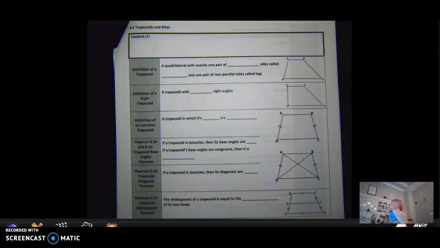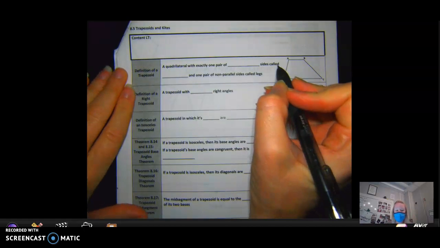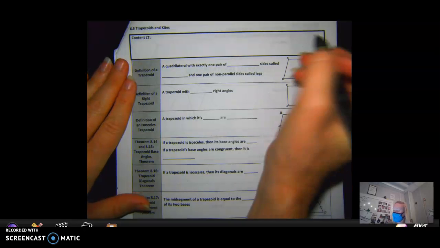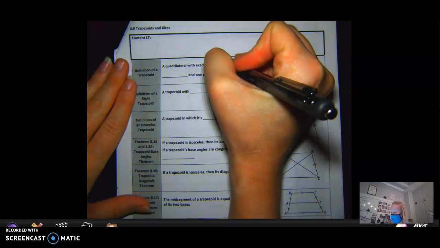8.5, trapezoids and kites. So in 8.4, we talked about parallelograms, rhombuses, squares, and rectangles. So now we're going to talk about trapezoids and kites. This is a lot of information about quadrilaterals that you're going to have to keep separate and remember, and all their properties, okay? So definition of a trapezoid: a quadrilateral with exactly one pair of parallel